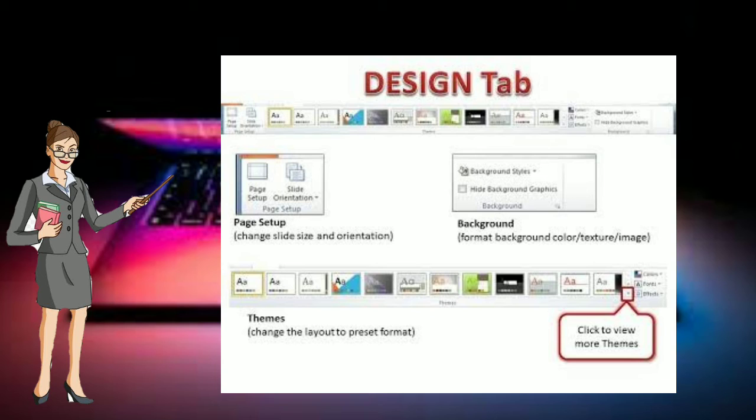You can also customize the slide size and format the background. Okay students, means you can change the themes of the slides. You can customize also, and you can change the background color or format the background using these tabs.